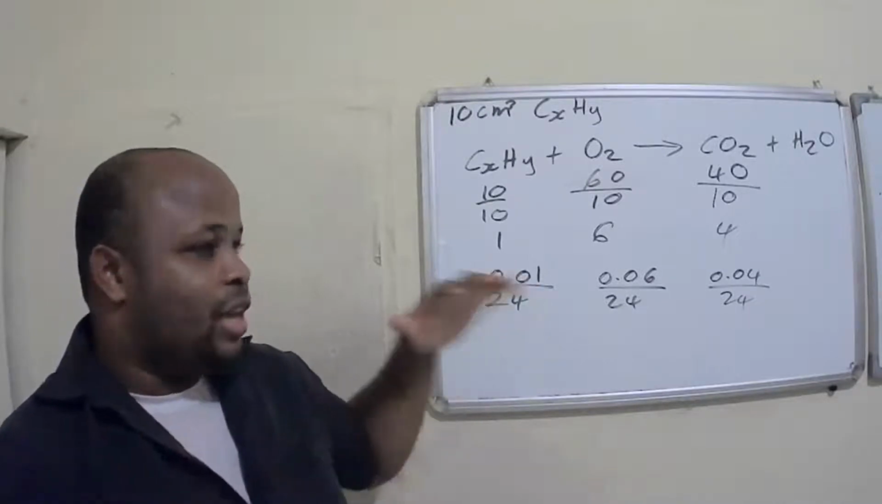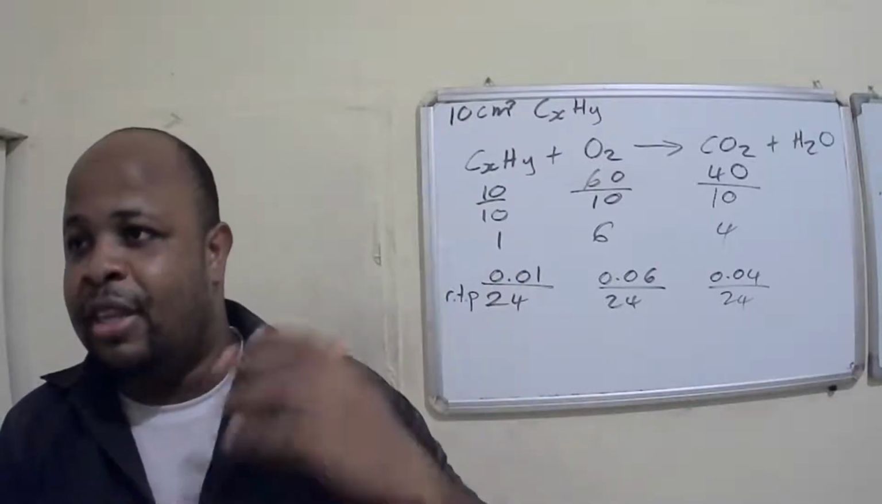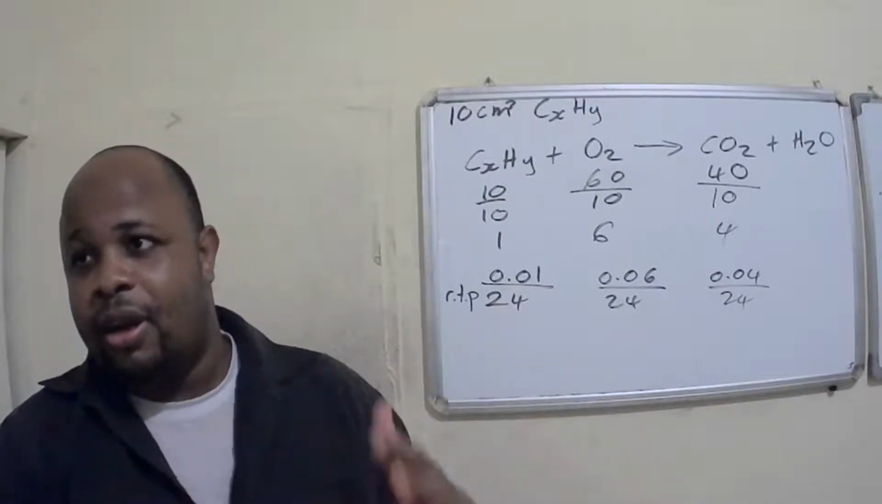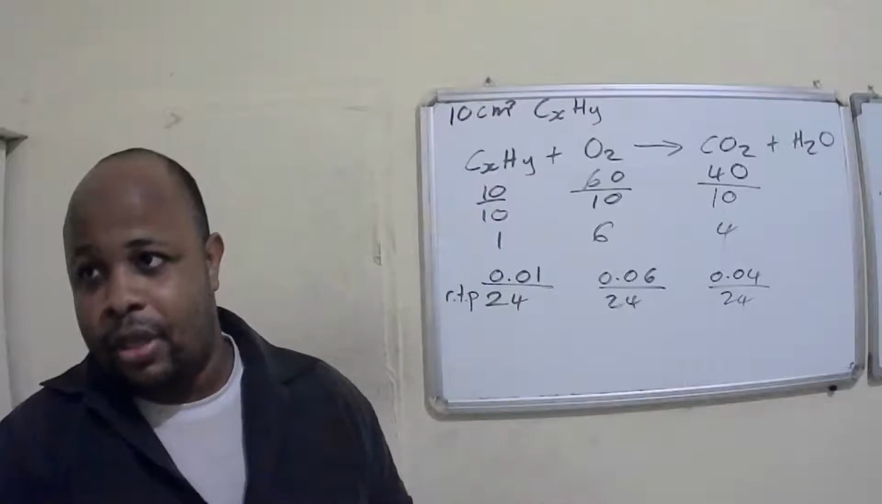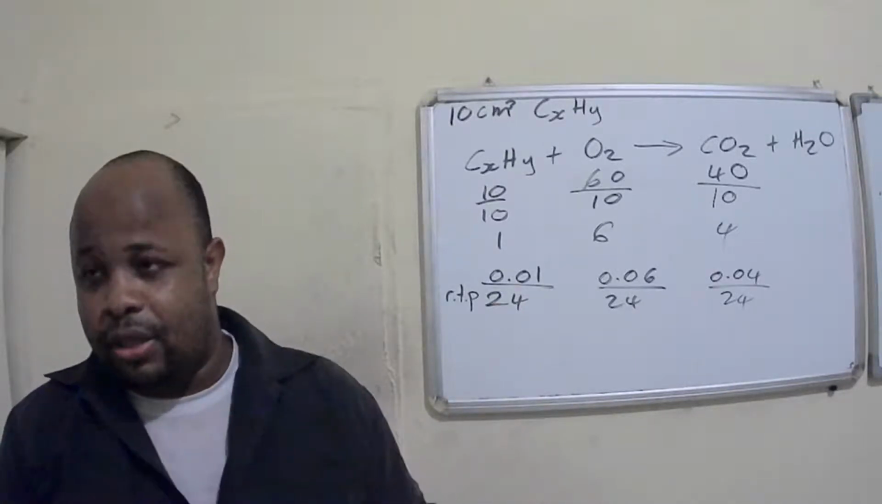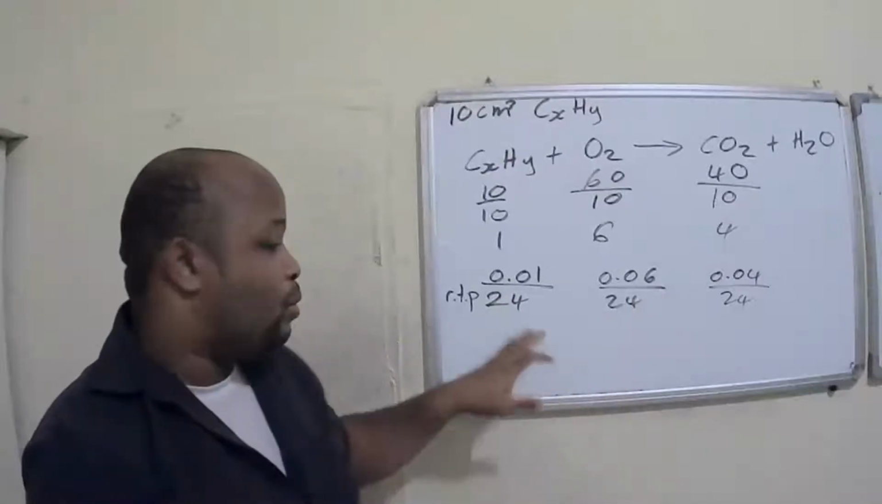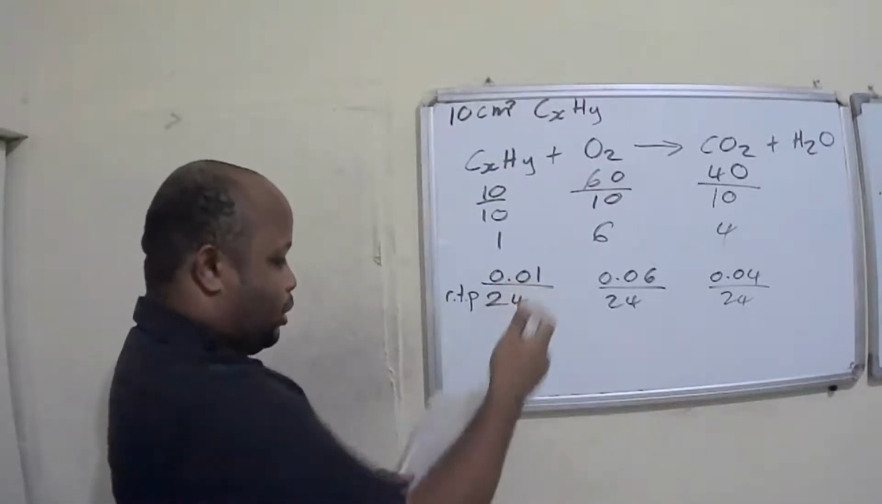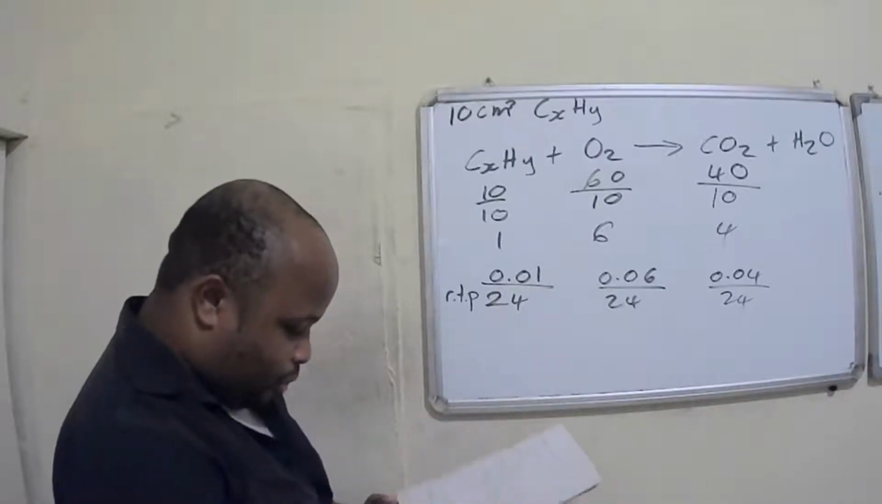Now remember, if you want the moles, given the volume of gas, all you have to do is divide by RTP if it's at RTP, or STP if it's at STP. The question said the temperature and the pressure were constant, right? So work with the 24 dm cube. So the answers here we will get,